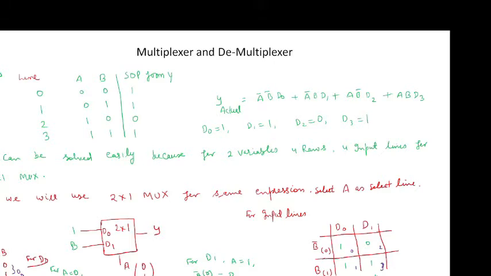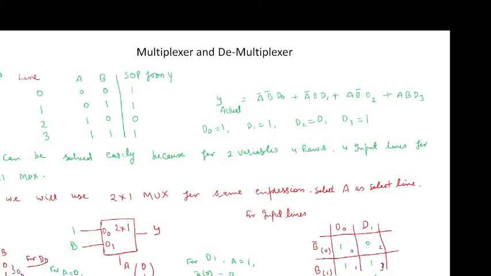Now when A is equal to 1, then B is equal to 0. So B bar 0, it will represent 0, because when A is equal to 1, B is equal to 0, it lies on line 2.